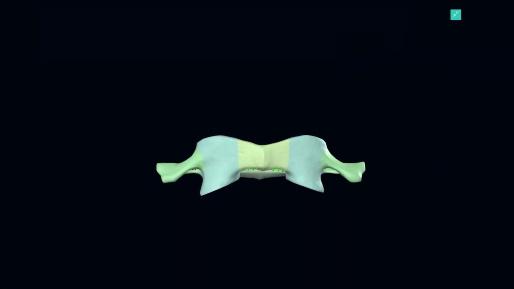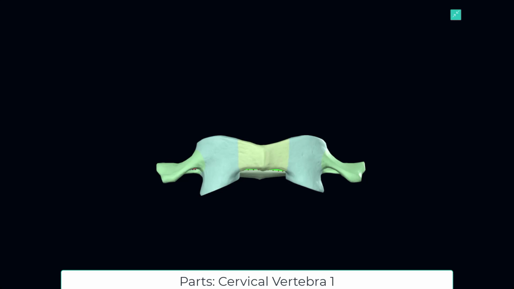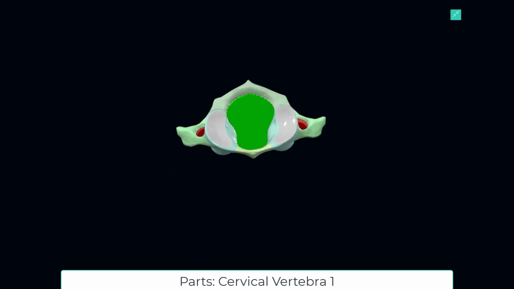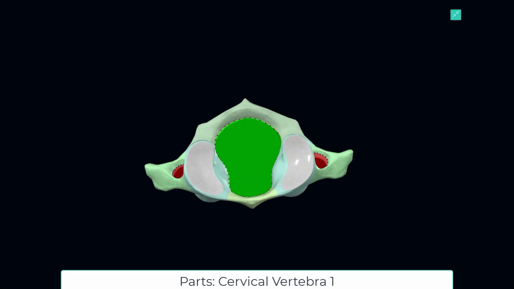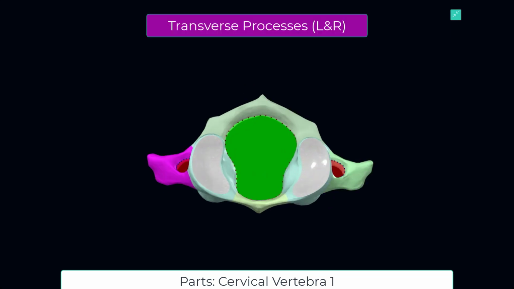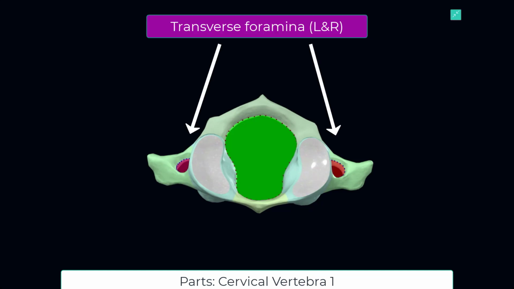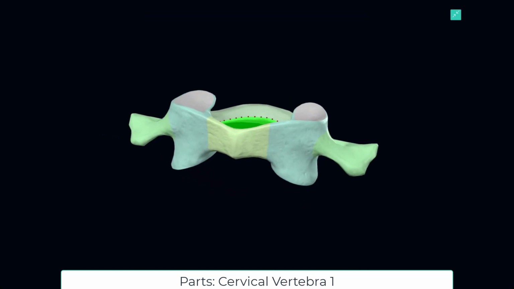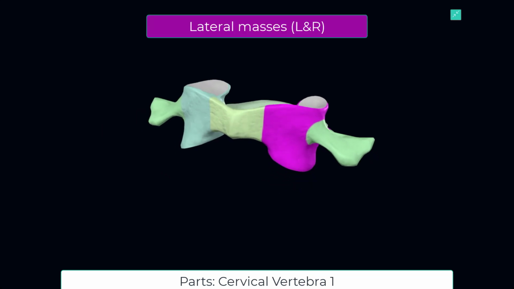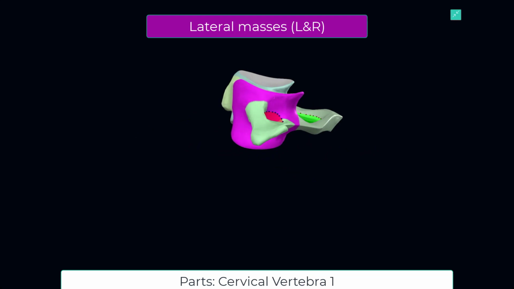Before I discuss why the dens of the C2 has articular facets on the dens, let me explain C1, cervical vertebra number 1. It does not have a body because the dens of C2 replaced, through evolution, the body of C1. Now, first of all, let me show you what we have on C1. The things that we know: the transverse processes, on which we have on each side transverse foramina. And instead of pedicles or laminae, we are going to have the lateral masses because we can't differentiate pedicles or